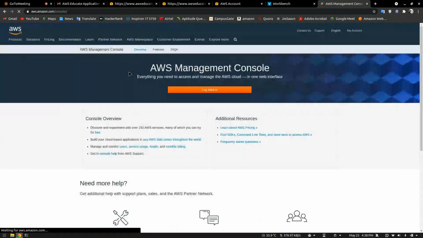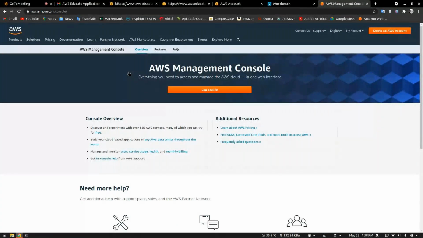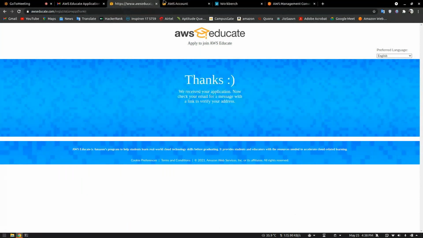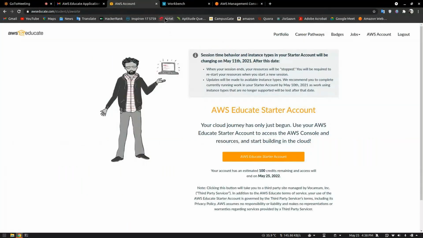So in this incognito window we have 4 tabs, 4 or 5 tabs. 3rd tab, 4th tab, 5th tab and 6th tab. So close that one. So again close that one.